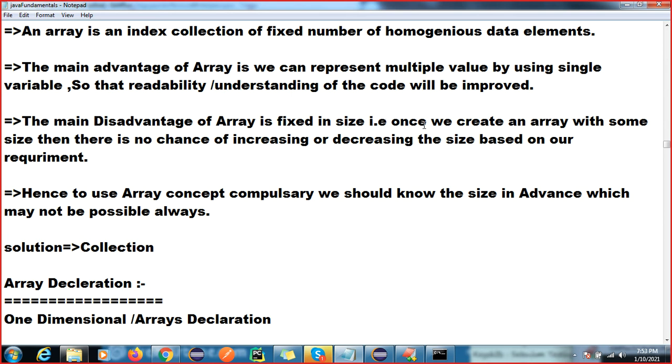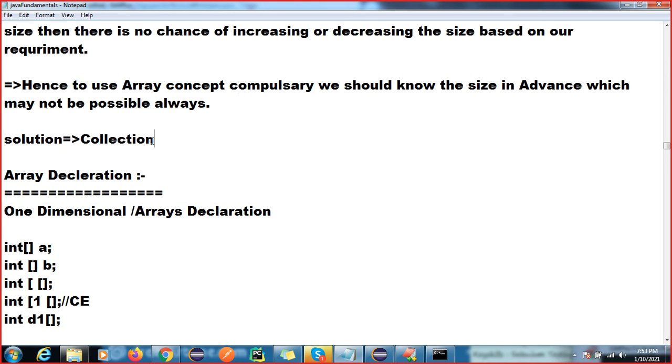Once we create an array of some size, there is no chance of increasing or decreasing the size based on our requirement. This is a static size, we cannot change it. Hence the array concept is used only when the size is fixed. If you have a requirement where the size is fixed, then we should go for an array. Otherwise, what is the solution? The solution is collection.